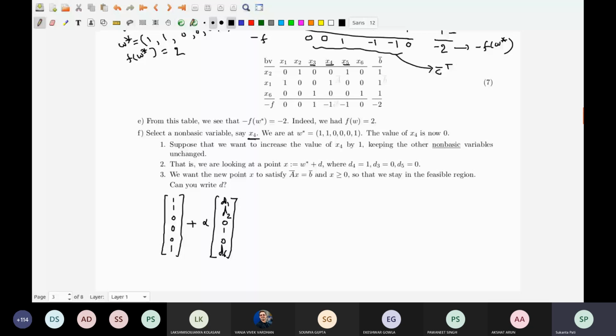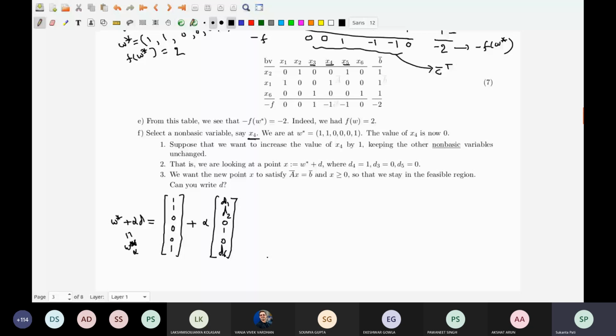That means, so this I call W star plus alpha D. Okay, so this vector I call W star alpha, it's just a short name. Now that W star alpha has to be an element of T star, that has to be inside the feasible set. Well, what does being inside the feasible set mean?